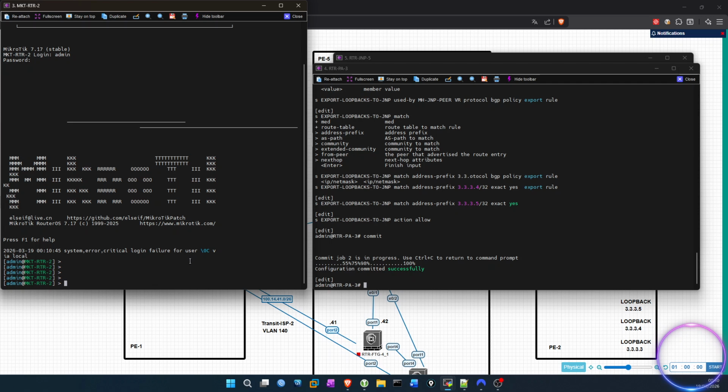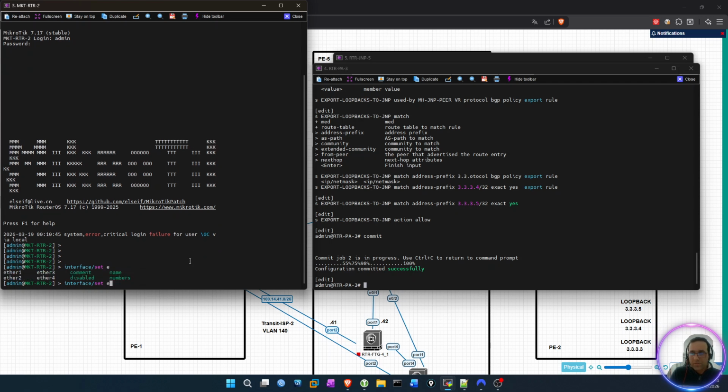So in the interface, Ethernet. No, it's not interface, it's interface set. How is it to disable the port? It's like this. Yes, Ethernet 3 disabled. Yes, but before